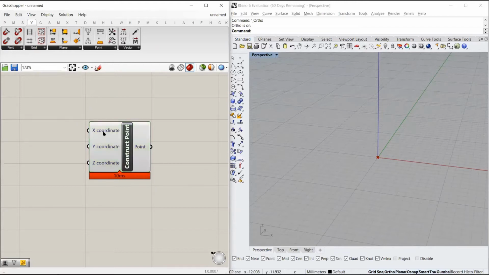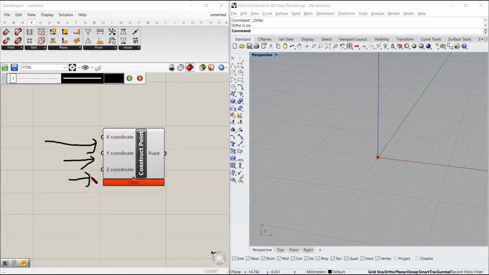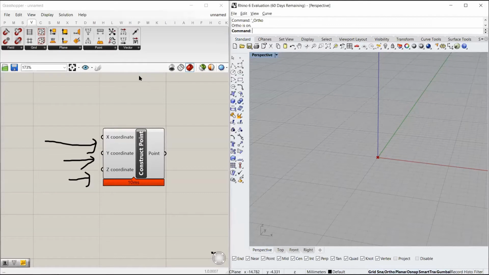So by default, XYZ is set to world 0, 0, 0. And if we now need to change and parametrically control this point, we have to give inputs to this X, Y, and Z coordinates. This input is given using the input components.